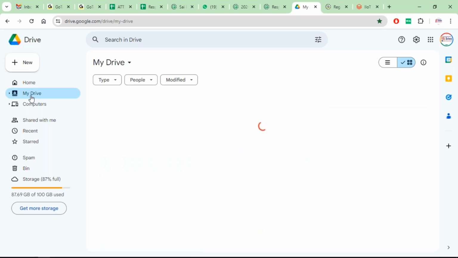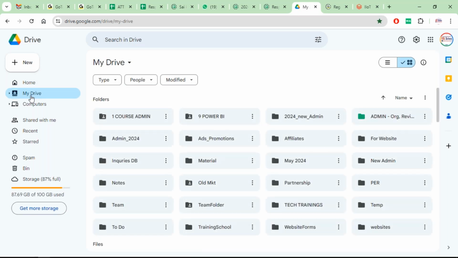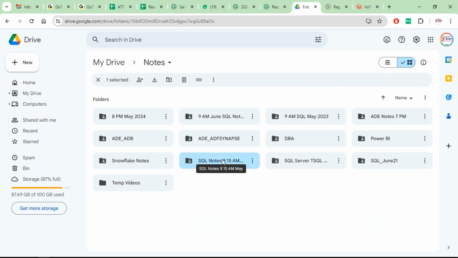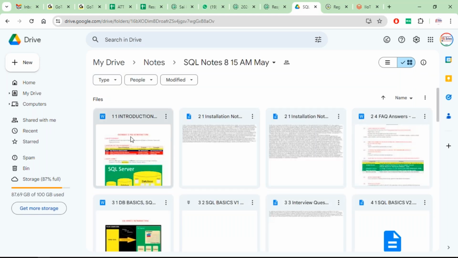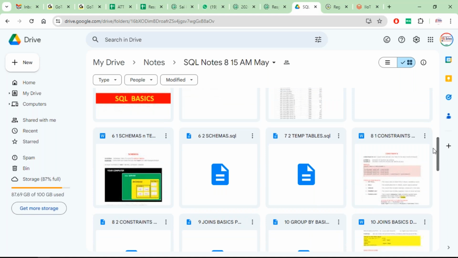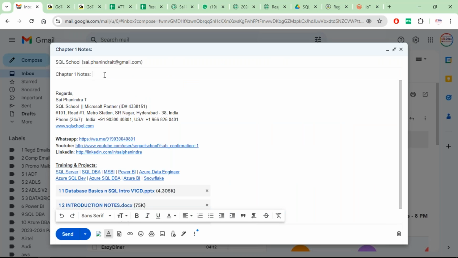After registration, you'll be receiving it, but registration comes after installation. Don't hurry for things. I'll not go anywhere. I'll be here only. Like this, you'll be getting the complete drive notes: chapter 1, chapter 2, FAQs, answers. FAQs are interview questions, both are the same. We'll do it this way, 1, 2, 3, 4, like this. Take print copies and get them ready. Nice, useful learning will make it easier. Thank you. Over to you.